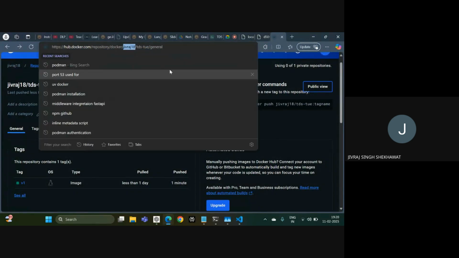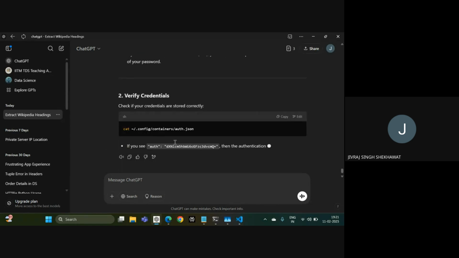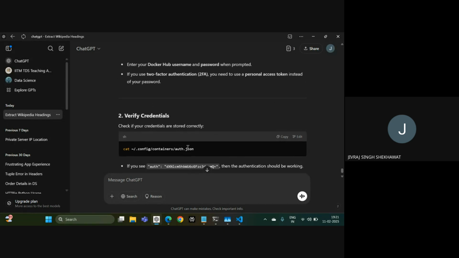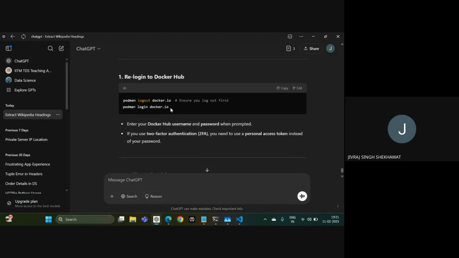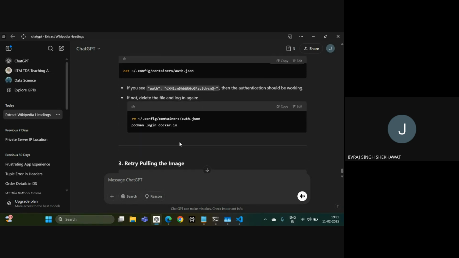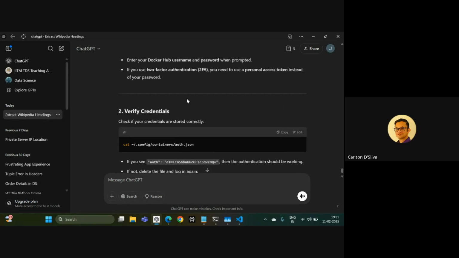Antifraj 18 is the username. Yes, this is correct. Just log in to docker.io. Ensure you log out first and then log in again and retry. Okay, while Jivraj is sorting that out,